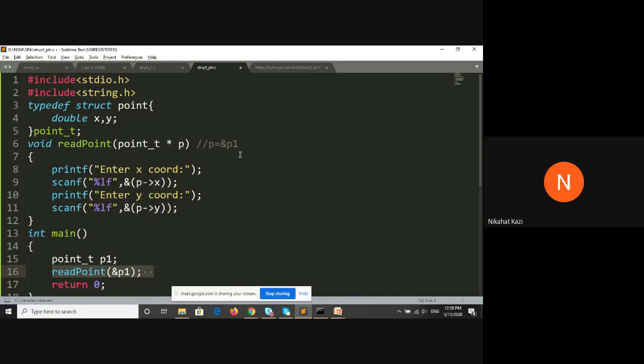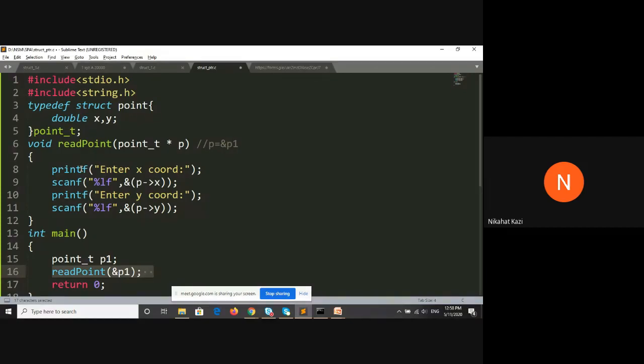So this pointer variable is given a valid address, a point variable's address. Now it is initialized, so it is pointing to this memory.